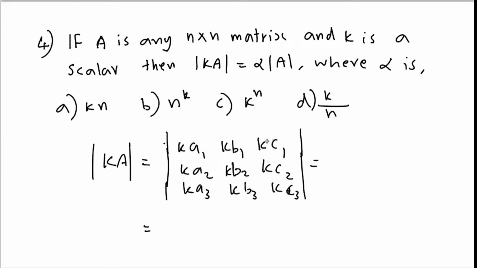Okay, here from the first row I can take K outwards. So K common. So I can write the determinant